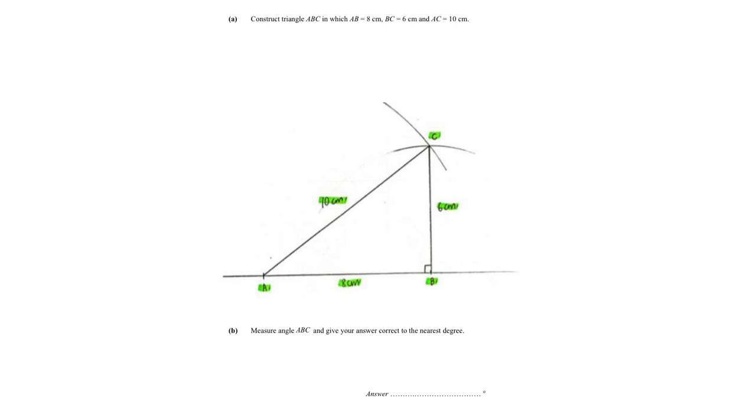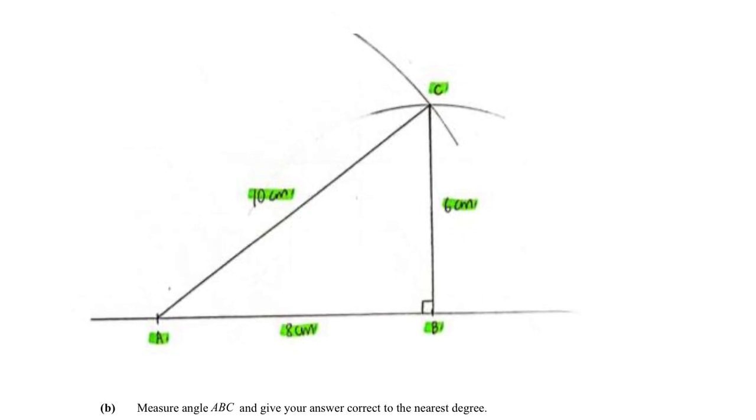Hello everyone, welcome to this problem where we will need to construct a triangle ABC where the length of AB is 8 cm, the length of BC is 6 cm, and the length of AC is 10 cm. For part A, well, this is the answer, but I do want to draw your attention to this after we have gotten the length of AB, 8 cm. This is what I would want to share with you, that for all the construction,